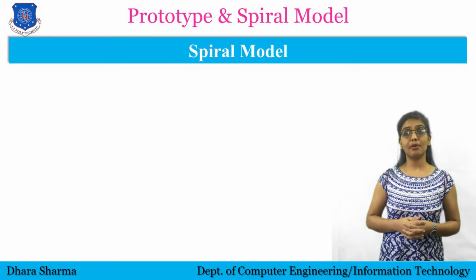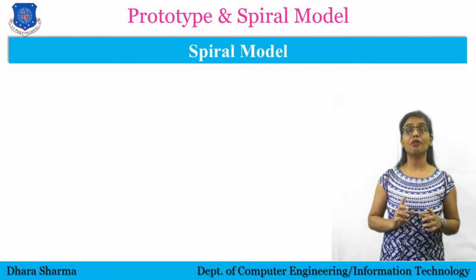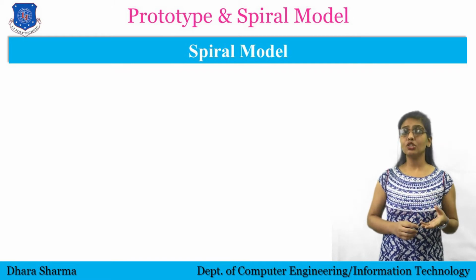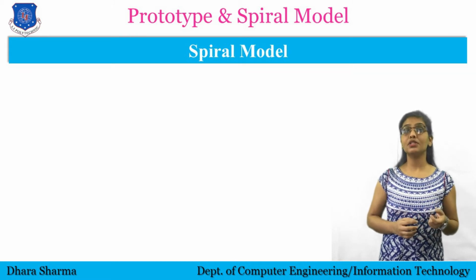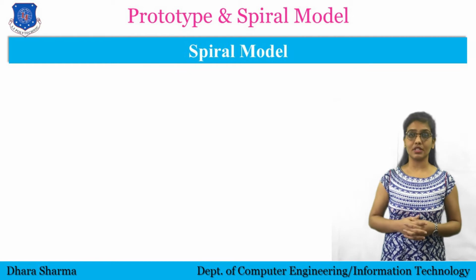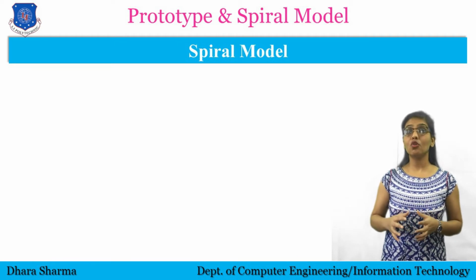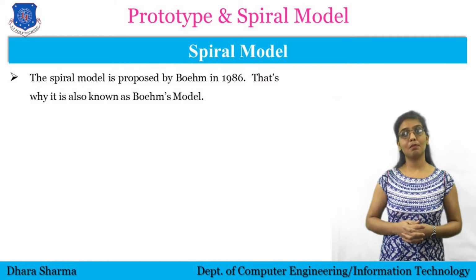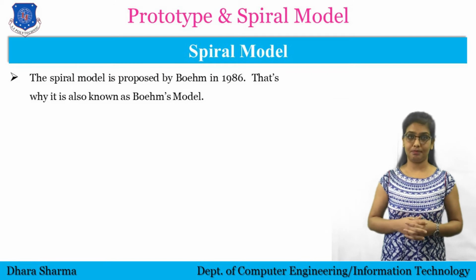Let's understand one example of technical risk. Suppose multiple systems are connected in a network to perform a specific task. If the connection would be lost, then it could be a risk. Another example, if one technical person from a development team leaves in between the development, then that could be considered as a risk. So there are several types of risk, depending on what type of system or software you're going to develop. So spiral model provides a way in which main focus is risk. This model was developed by Boehm in 1986. That's why it is also known as Boehm's model.